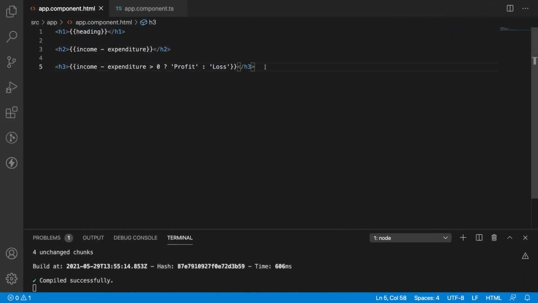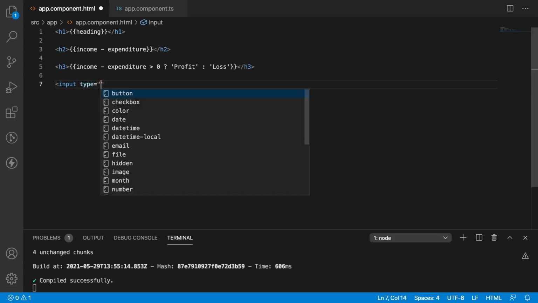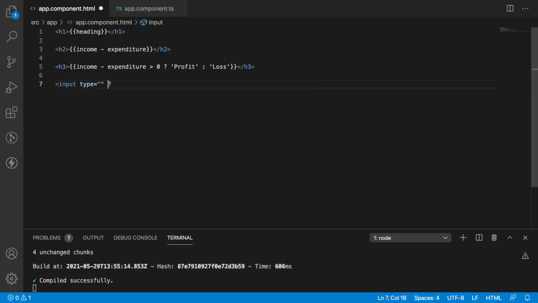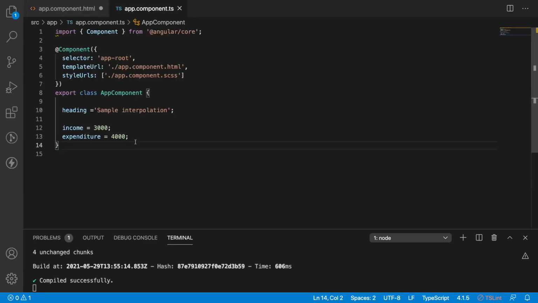And not only arithmetic operators, not only ternary operators, even we can use this interpolation inside the DOM properties. For example, I have input element, and let me create something like type equal to some value. That value I am expecting it come from my TS file.